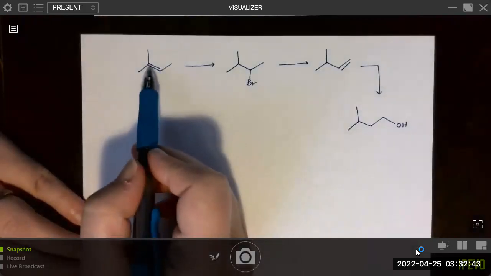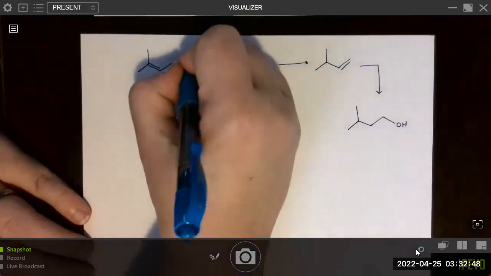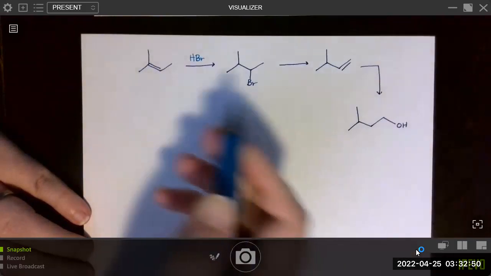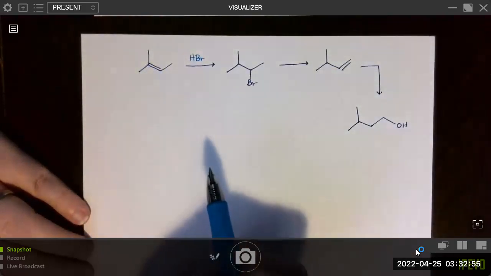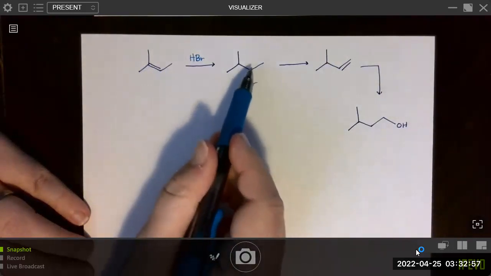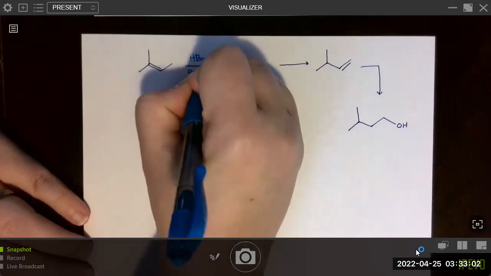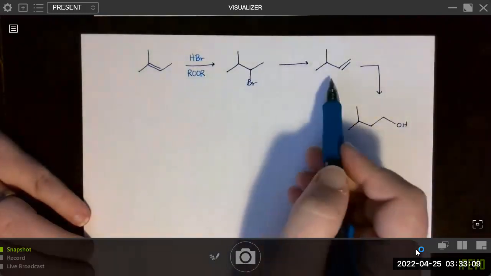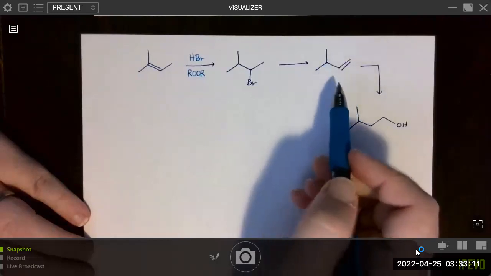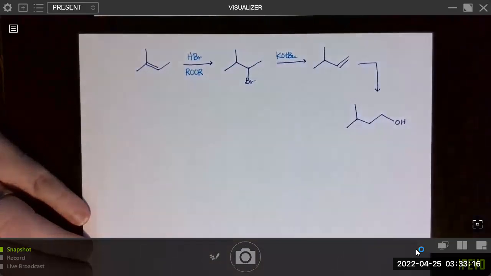So what are we adding across the double bond? H and Br, so already I'm just going to write HBr. But then I'm going to ask myself, do I want this to go Markovnikov or anti-Markovnikov? Looks like the halogen is getting added at the less substituted carbon, so I want to do anti-Markovnikov hydrohalogenation. So I'm adding peroxides. Next, I want to do an elimination reaction to get the Hofmann product. So in that case, I want to use a bulky base to get that Hofmann product.